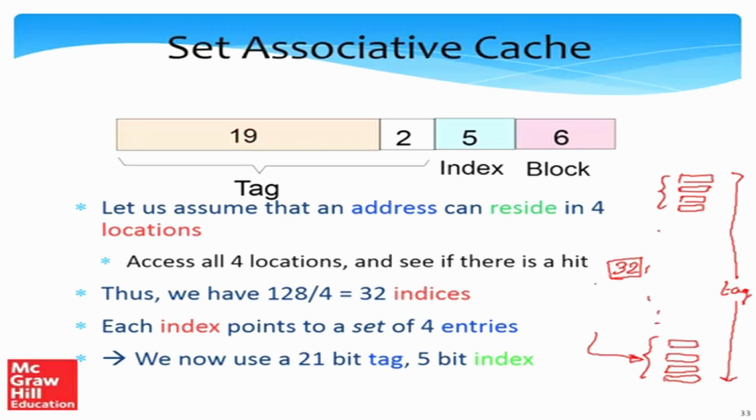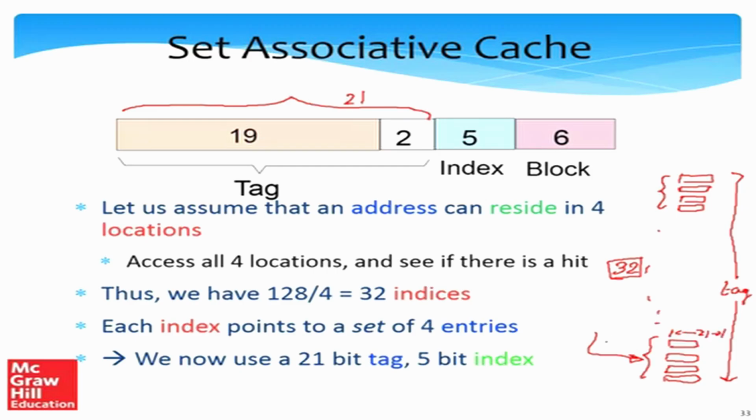After this, we compare the remaining part of the address because these 5 are fixed, right? On the basis of these 5, we have come to this set. So we need not consider it anymore. Then we consider the remaining part, which is 21 bits. The block address ideally was 26, but out of that 26, we took 5 out and we used those 5 to access a set. So all the entries in the set will have those 5 bits in common, so we need not store it. We take the remaining 21 bits, and so here we have a 21-bit tag,